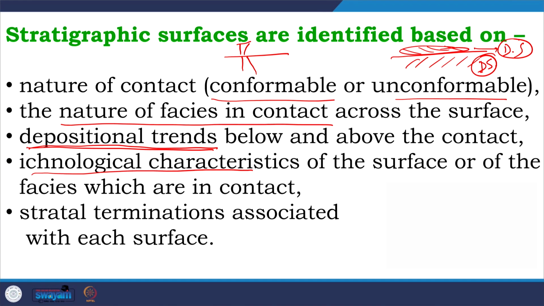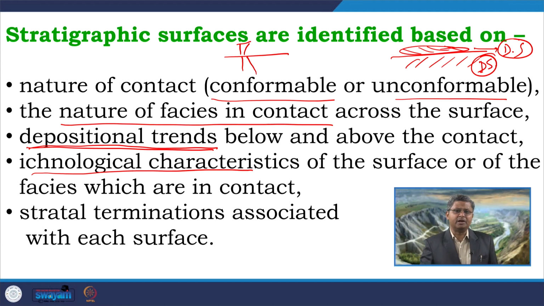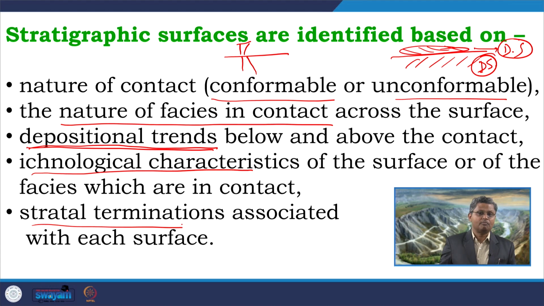a particular system tract boundary. Apart from this, another very important parameter is the nature of stratal terminations. So, how the stratal packages are terminating against that particular surface. Whether there is a downlap surface, whether there is an onlap surface, whether it is an offlap surface, or a toplap or truncation surface, because we have already discussed that, the termination of the stratal packages across a particular surface is very often characteristic of a particular event